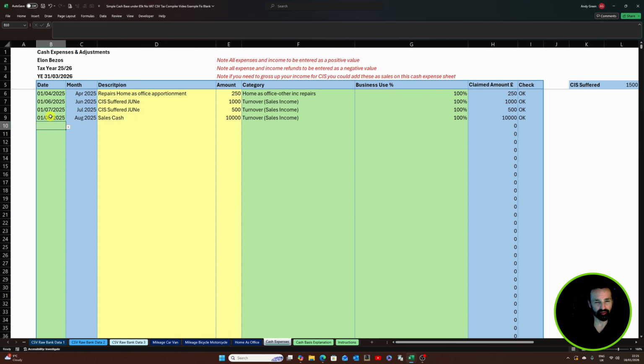You gave them £2,000 back in cash in the same month. Sales refund. Put that in as a minus, because it's a refund. Let's say you had to give them £2,000 back, but it is sales, so put it in turnover. There's a sales refund. Put it in as 100%, and then